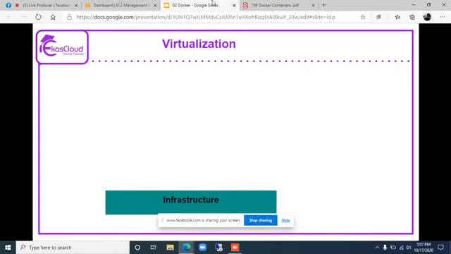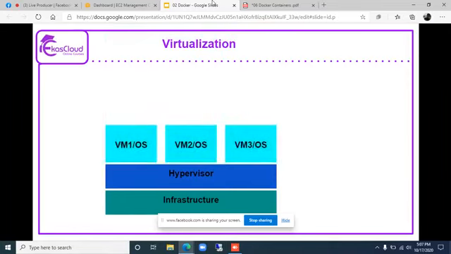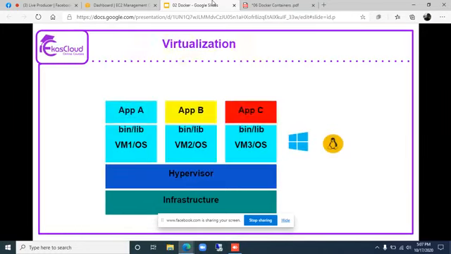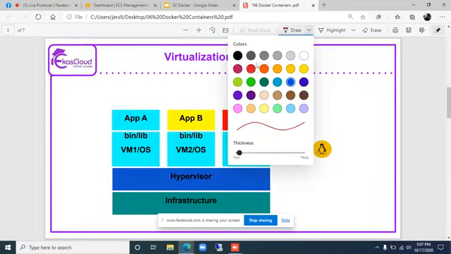Above that, there is a hypervisor. A hypervisor is software which allows you to create multiple virtual machines. In this way, you can now install applications on each and every virtual machine. Again, application isolation is happening.